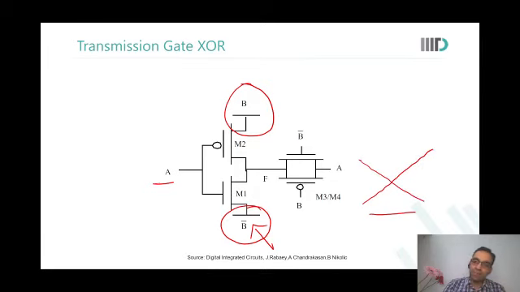So the delays are not in your control at all. This looks to be a very dense design for a XOR gate, but try implementing it, try characterizing it, and you're in for a toss. Unless you have the world of time, you can't use this design. But if it is in the middle of some design, then I can control the signals, I can control the logic. Nothing can be controlled.